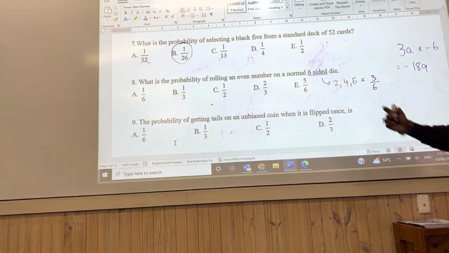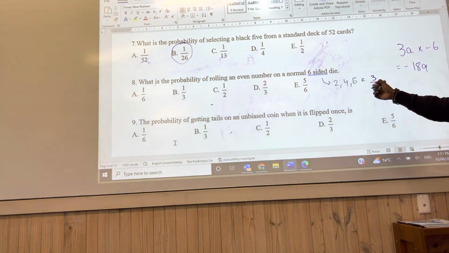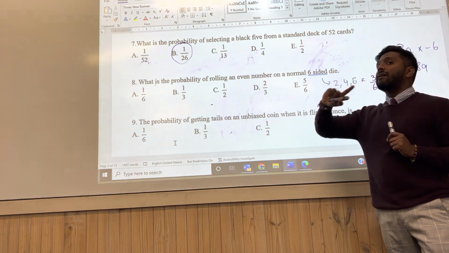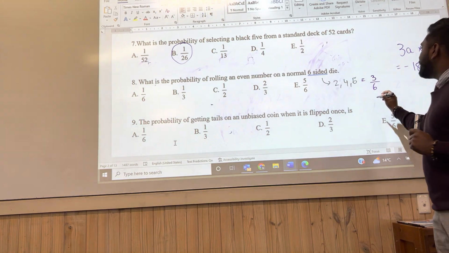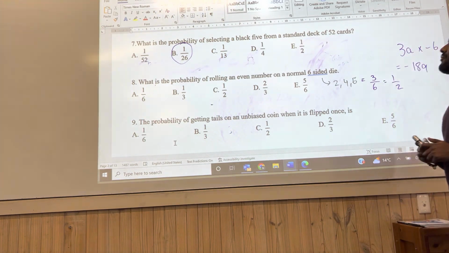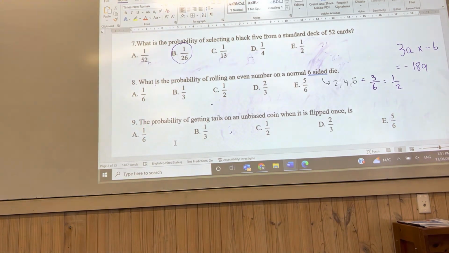Okay, then it doesn't have that there. Why doesn't it have that there as an option? Yes, well done, Blake. The answer is not simplified. So simplified is going to be 1/2. All right. Going through that next question,